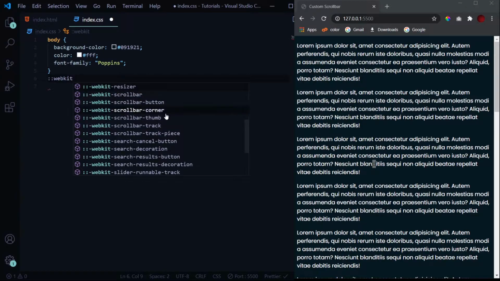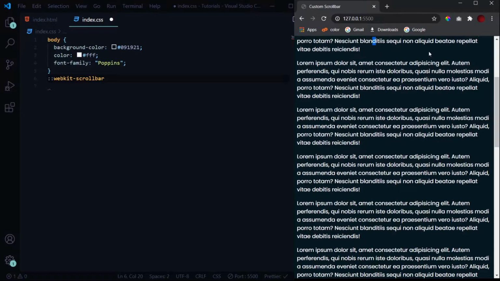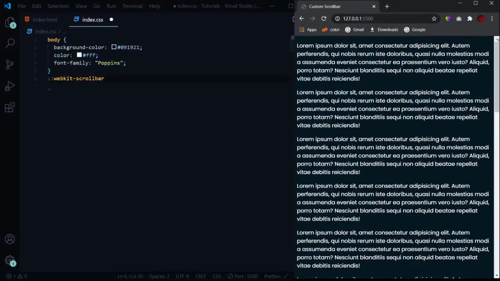So here I've got some suggestions. As you can see, first we will select our scroll bar. Now before starting, you should be familiar with some of the terms. This whole thing is known as the scroll bar obviously, and the part with this dark gray color which represents the active part of the window is known as the thumb of the scroll bar. This whole track over here which represents the complete length of the page is known as the track of the scroll bar, and the part with the light gray color which represents the inactive part of the window is known as the track piece, and these up and down arrows are known as scroll bar buttons.